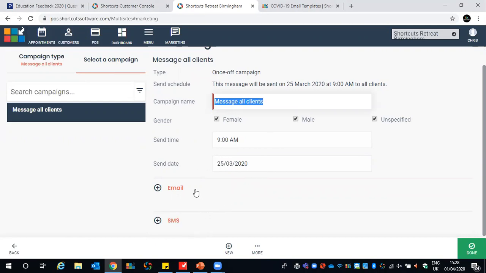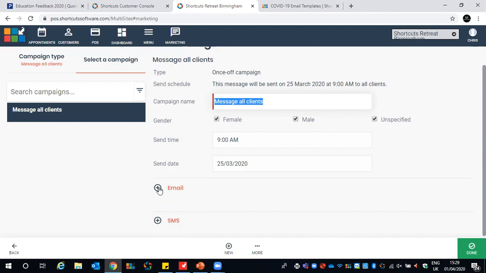Now, I haven't really touched on SMS campaigns much during this webinar. The reason being is I feel most people are probably going to utilize emails. However, if you do wish to do a text message campaign, it's literally like sending a text message to your friends. It just opens up a text box and you just type out the message. There's no images, there's no discount codes, there's nothing like that, unfortunately. It's literally a text message to your clients. And it will also have how many characters you've used and how many you can use.